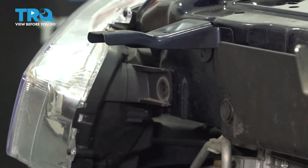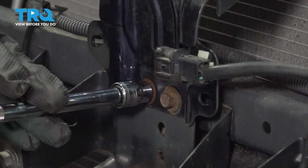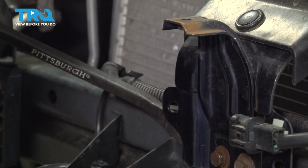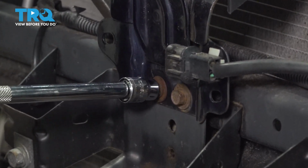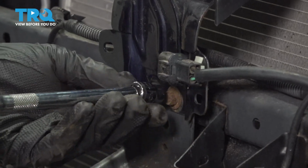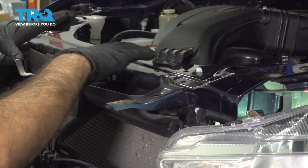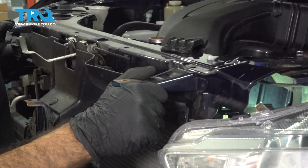After you've got your bolt out of your headlight here, there are two more in the center. So our bolt is just spinning. We're going to put a little outward pressure on it, pry bar, while backing it out. Now that you have all your bolts out across the top here, you can just lift it up,